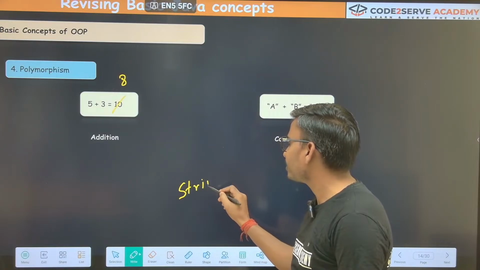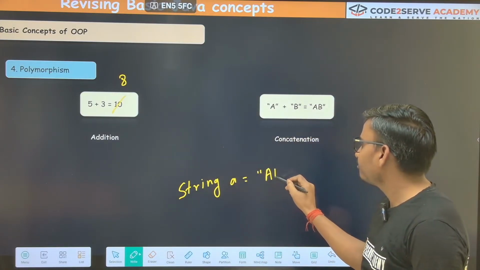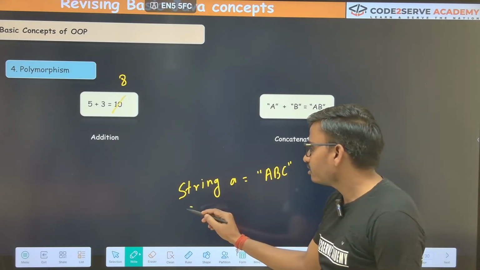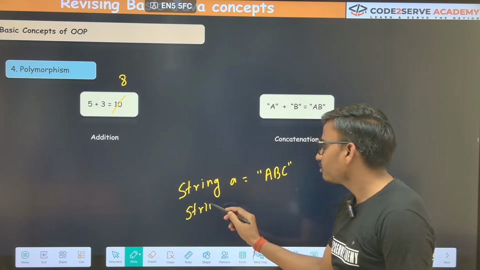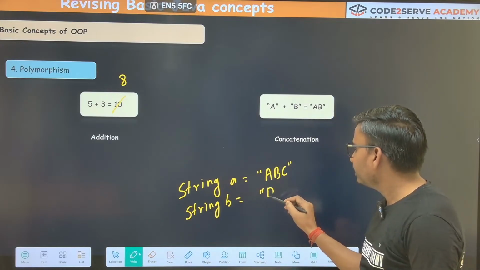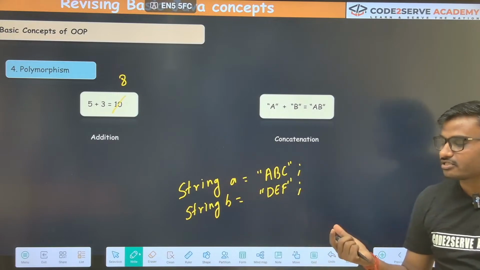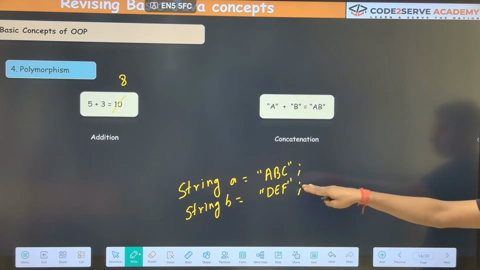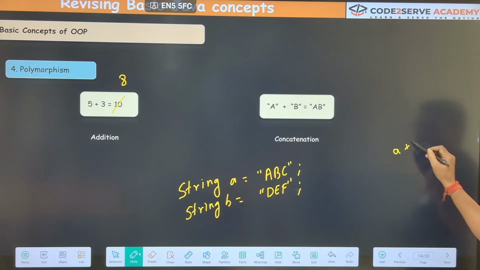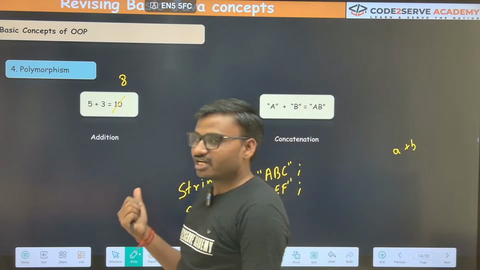Suppose this is a string A, and here is A, B, C. Now there is a second string B, D, E, F. If I write like this, we have two variables, one is A, another is B. Now if I do A plus B, based on the data type, what is the data type of A?